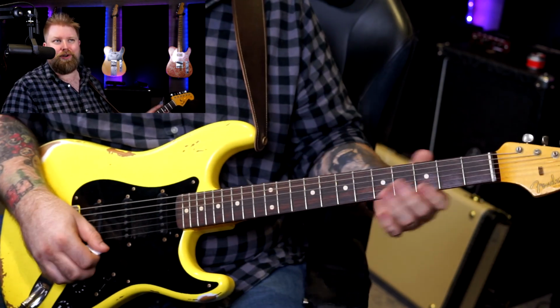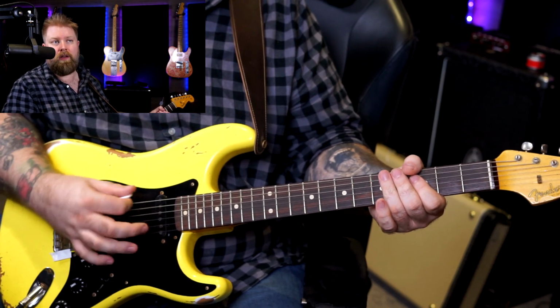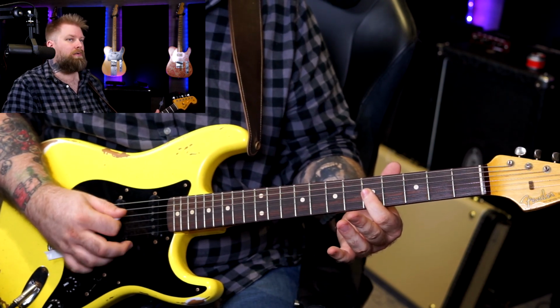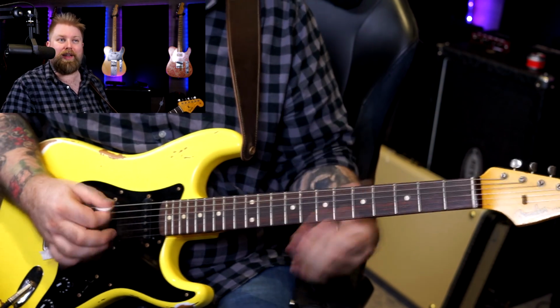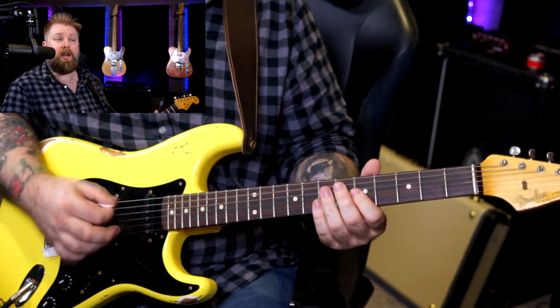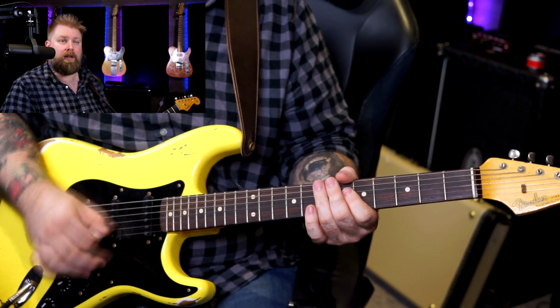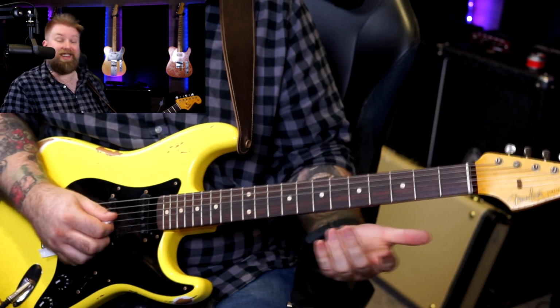Watch my picking hand when I try and do that. Or on a single note. You could do it, but what I'm going for here is to train our hand to keep this motion. So now our rhythm becomes... So when reading or when playing that, when I see that rhythm...